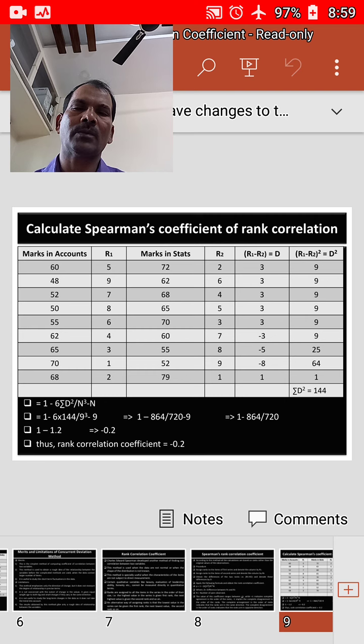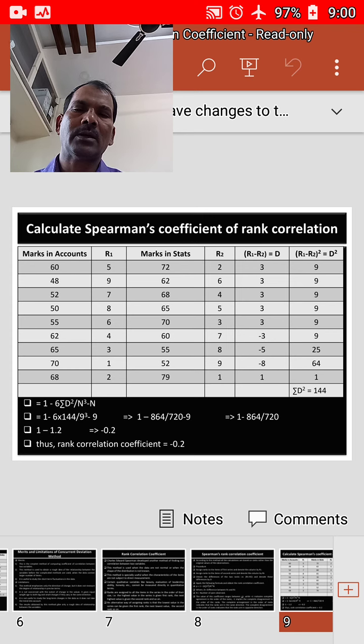that is equal to 144. According to the formula, rho is equal to 1 minus 6 sigma d square by n cube minus n. Here 1 minus 6 into sigma d square, whose value we got as 144. Hence we need to substitute the same: 1 minus 6 into 144 by n value is 9, hence 9 cube minus 9, which gives 1 minus 6 into 144 is nothing but 864 by